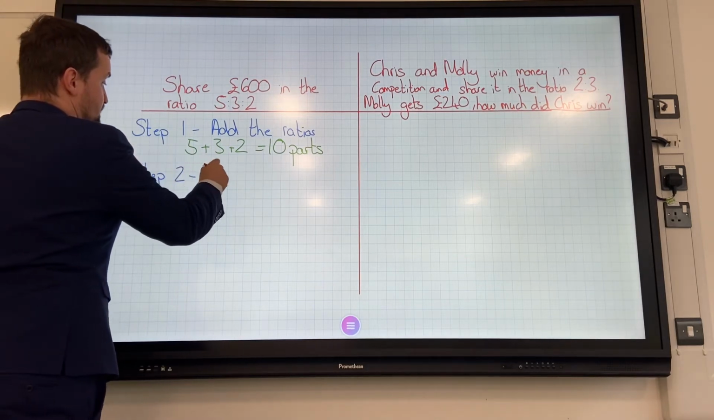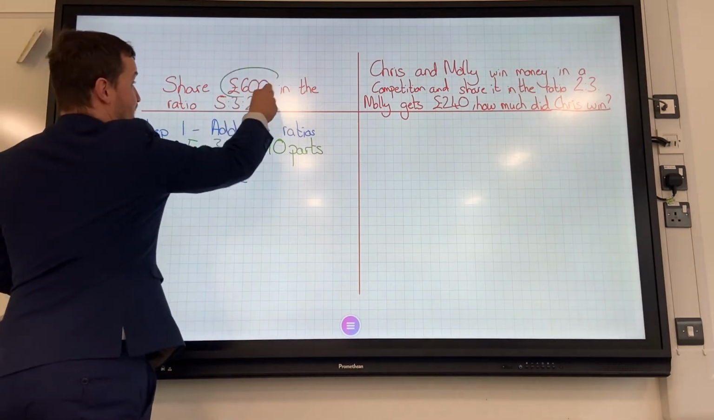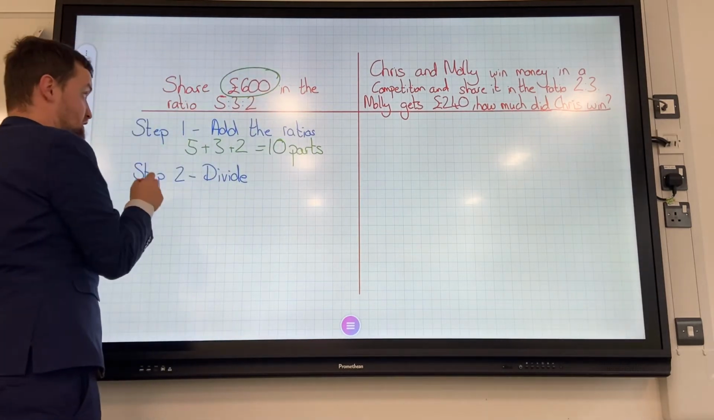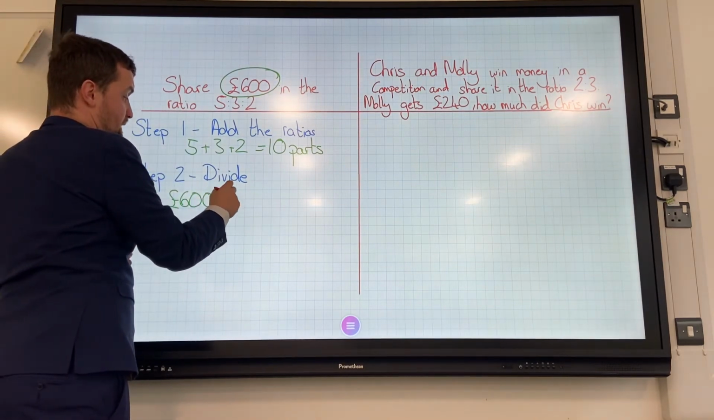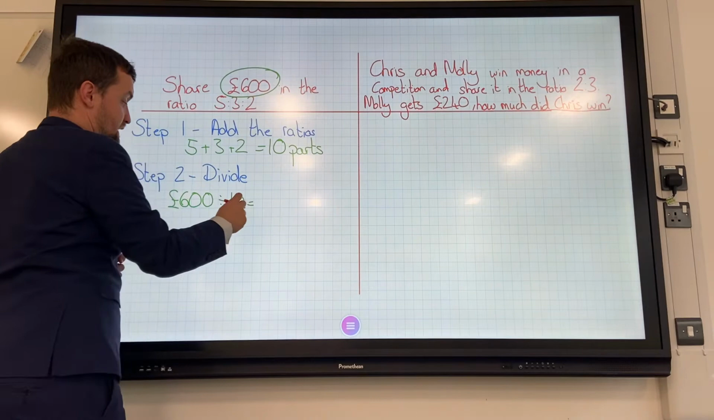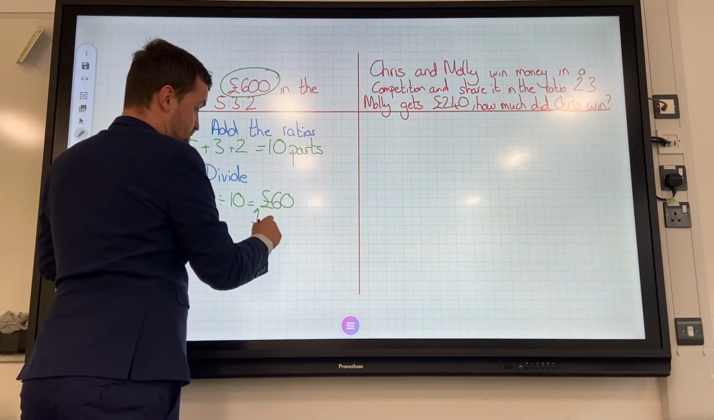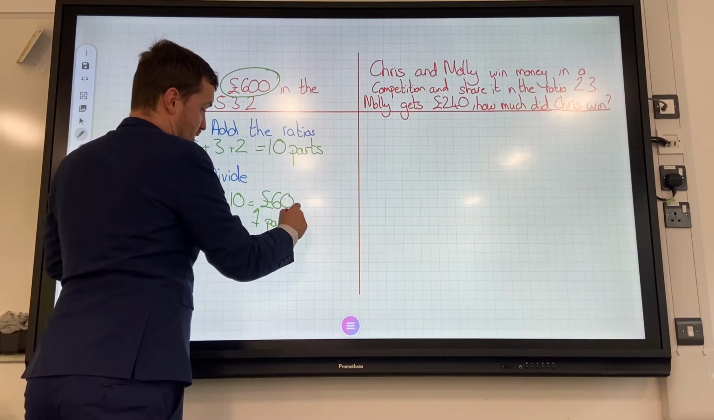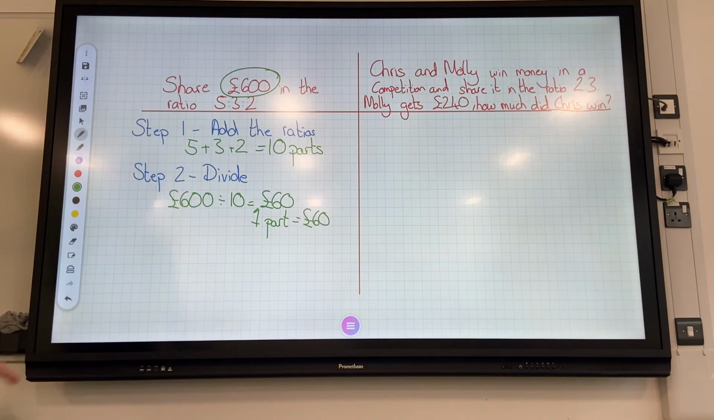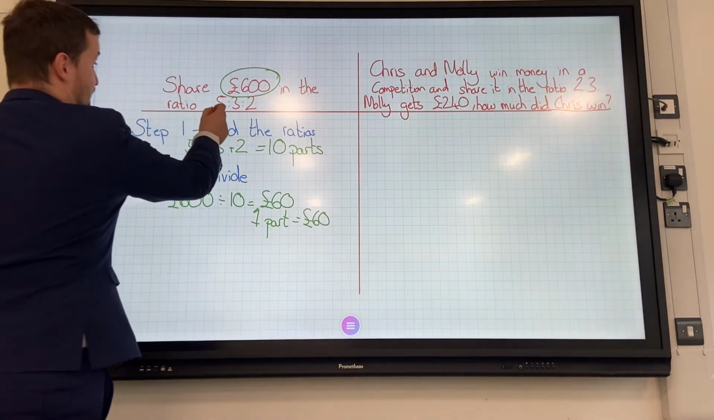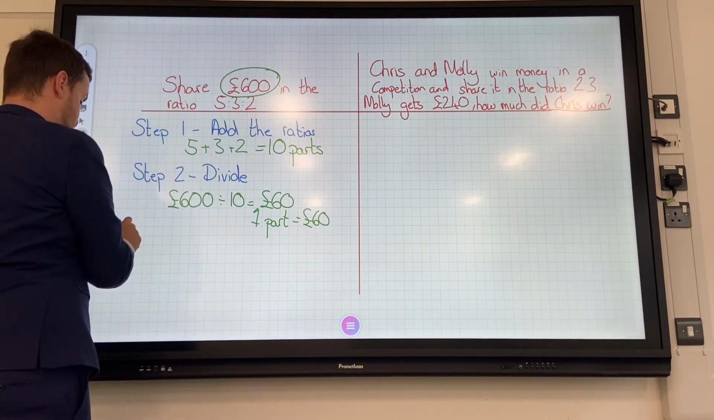is divide. And what we're going to do is divide the total here by the total amount of parts. So we're going to do 600 divided by 10, and that equals 60. So that tells us that one part is £60, okay? But we don't want to know what one part is, we want to know what 5, 3, and 2 parts are. So what we're going to do, step 3, last step,